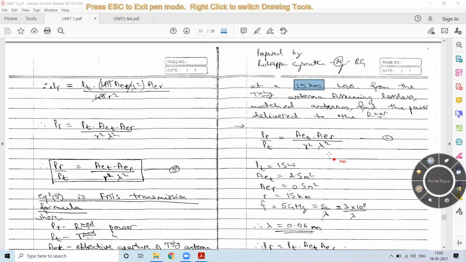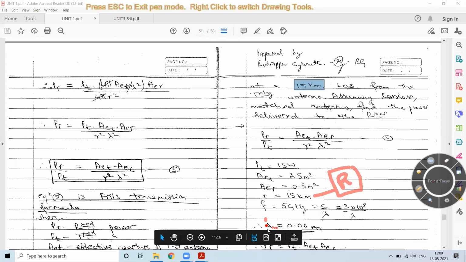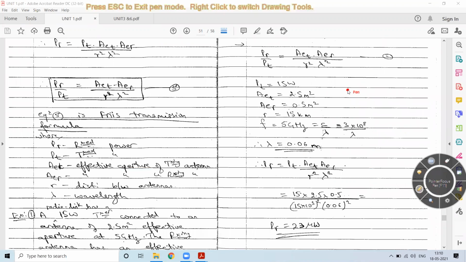So how do I identify? I got to know that R value is 15 kilometers. This is the point where you are measuring it. You know what is the operating wavelength. And I want another parameter, say the length of the antenna. Say if it is 0.05 lambda, if this is the length of the antenna, then I have to estimate a few parameters over there. So what do I estimate? I estimate 2 L square by lambda.